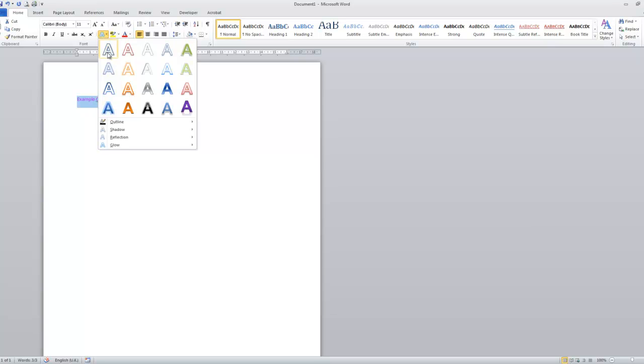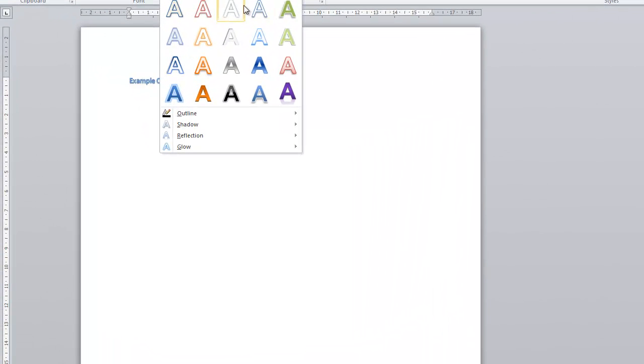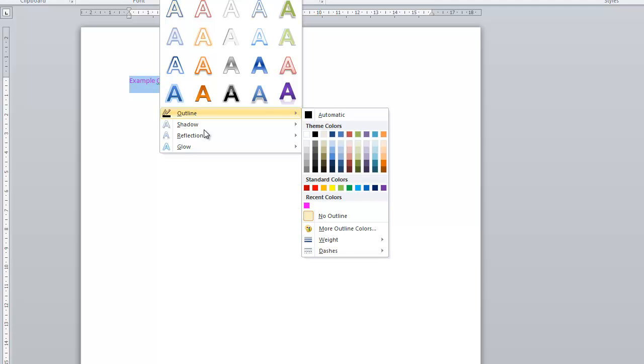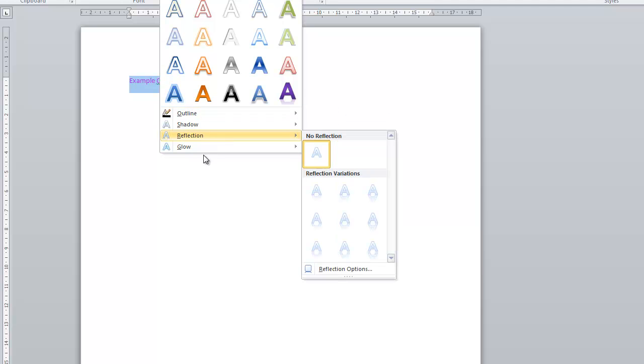So let me show you this. If you just hover over, you can see this in the background. This piece of text is changing as I'm hovering. So that's kind of a neat effect, really, that you can choose, guys. Might be useful. And you got all these other shadow effects, reflection, outline, and glow you can choose from here